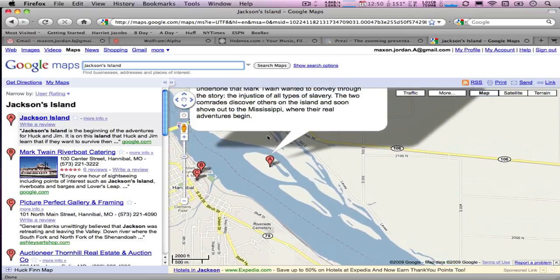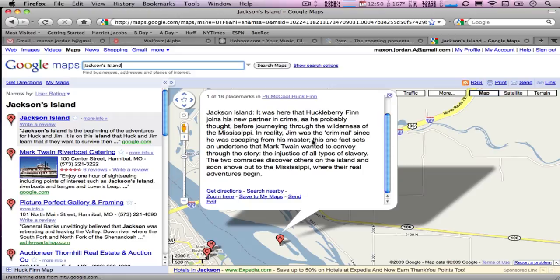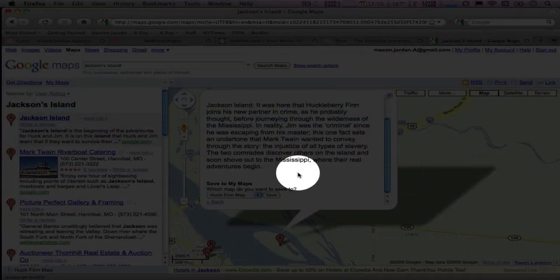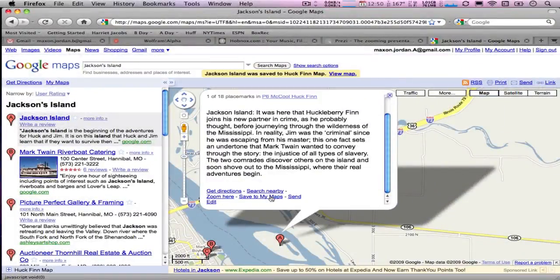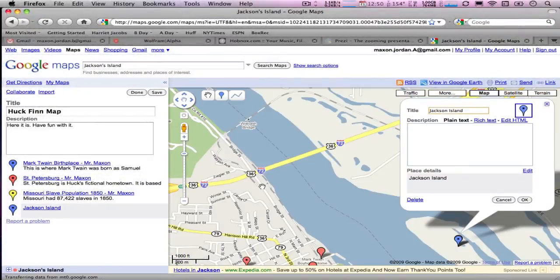So if you select on it, you should be able to scroll down, save to my maps. Save to the Huck Finn map. There you go, then go back to my maps. Save right here, view map. Now if you go to Jackson's Island,